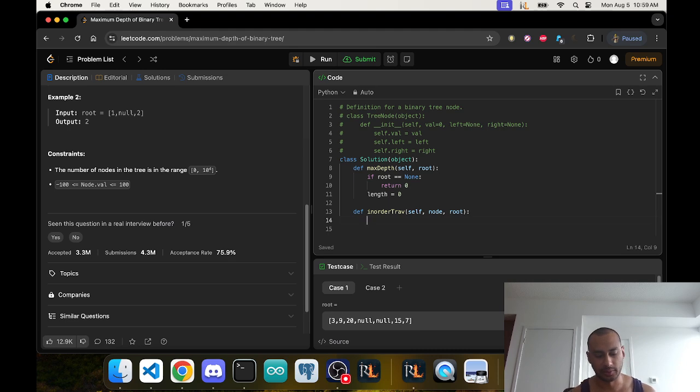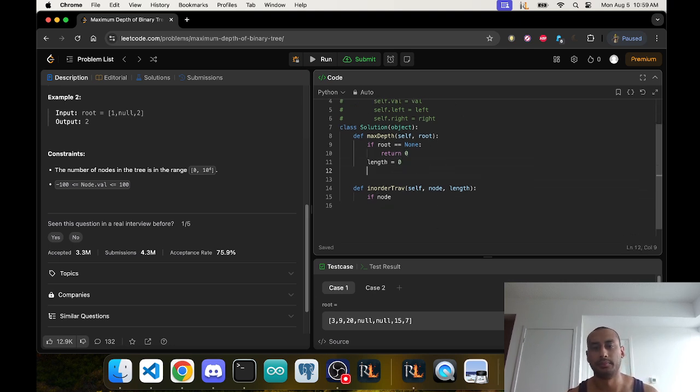So basically, if node, all I'm trying to do is return the length. So it's going to be